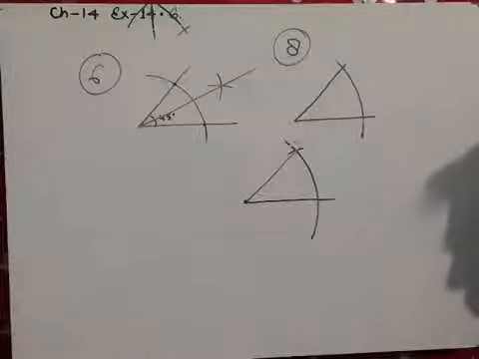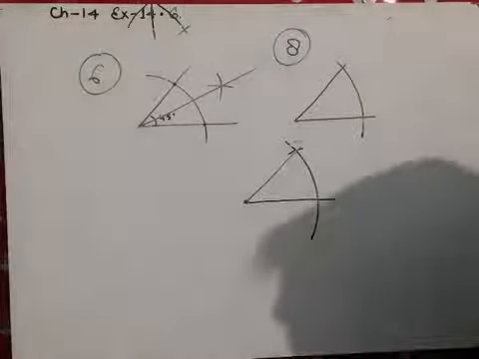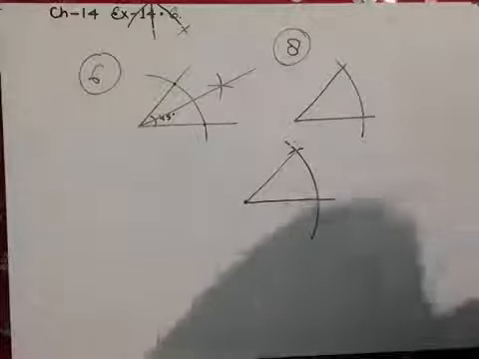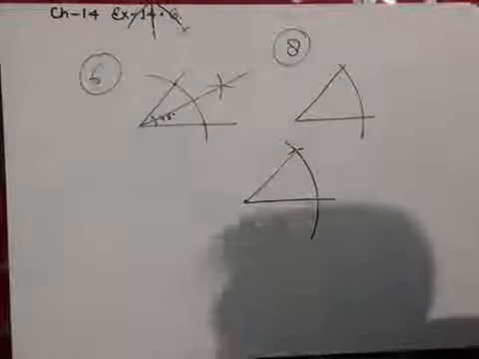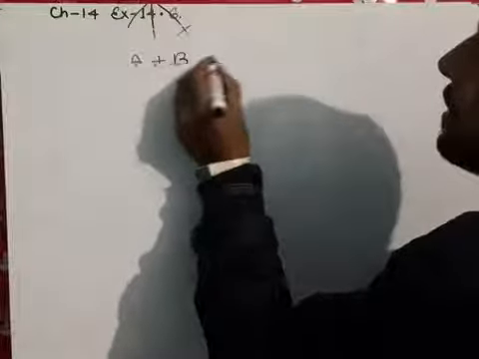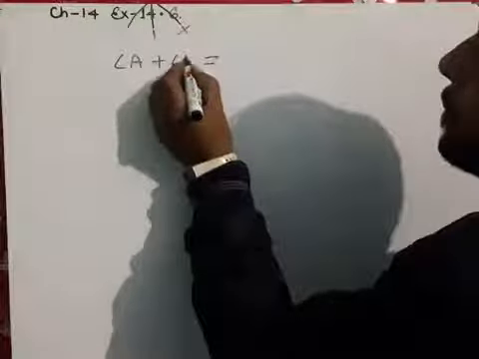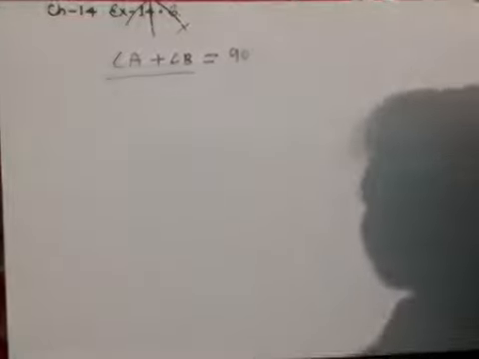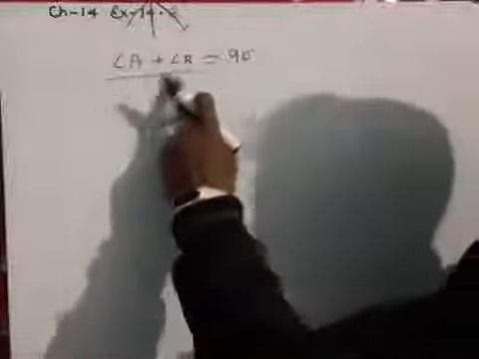Now going to the question. Draw an angle of 40 degree, copy its supplementary angle. So now I am going to tell you the meaning of supplementary and complementary. Firstly, the complementary angles. What are the complementary angles? If the sum of any two given angles, suppose A plus B, is equal to 90 degree, then they are called complementary of each other.